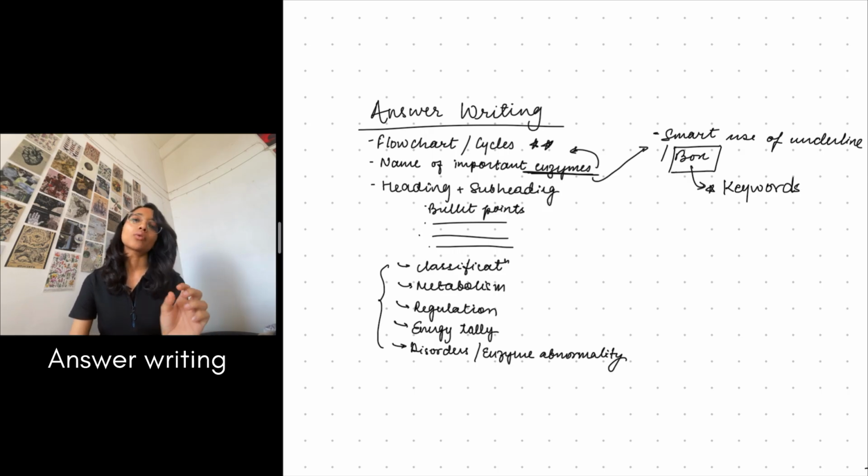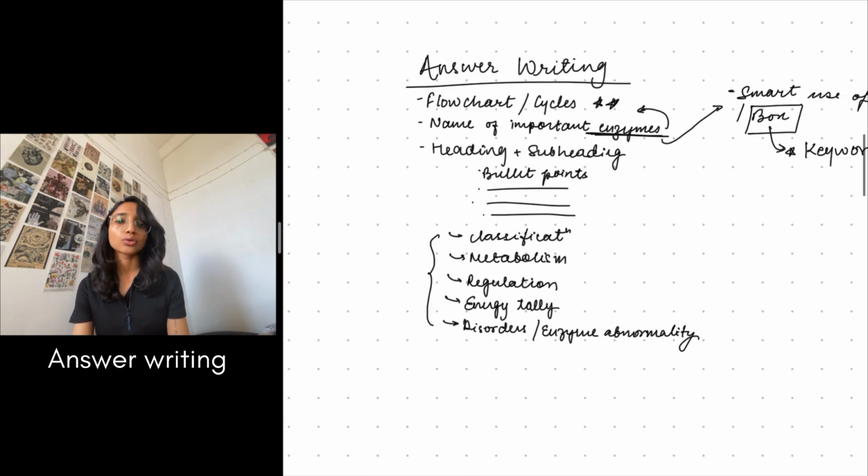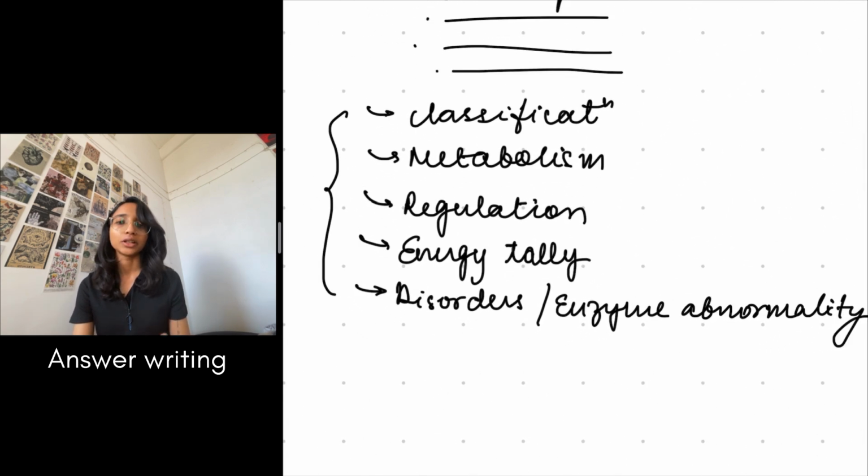So when you're writing the exam, make sure you underline those keywords or you make a box around them. Again, similar to anatomy and physiology, this answer also has to be divided into heading and subheadings and further bullet points so that your presentation is good. And these are usually the headings that you will be needing, which is classification, metabolism, regulation, energy tally, and disorders